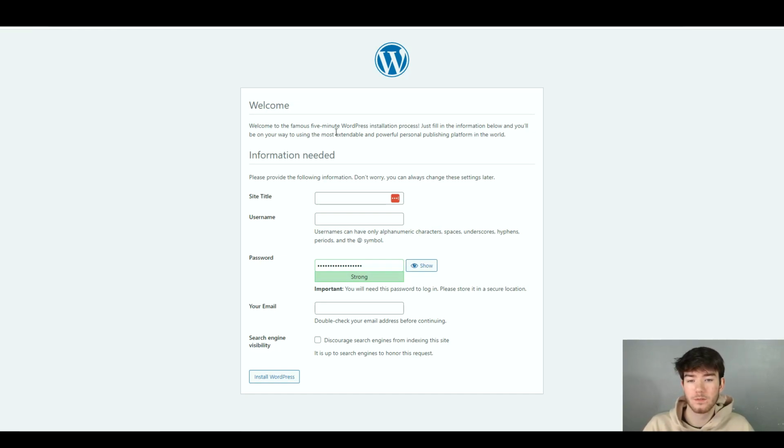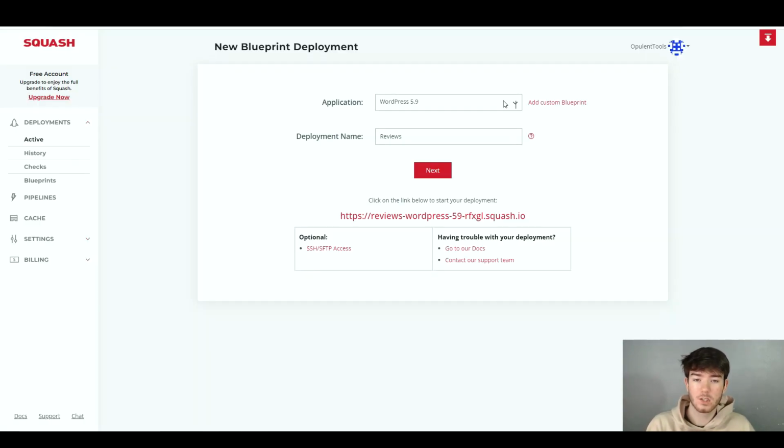So it says welcome to the famous 5-minute WordPress installation process. You just fill out the information and then it's easy as that. So fill out your WordPress information for you to carry on going through your deployment. So all the way back at this section, if we want to go ahead and change it,